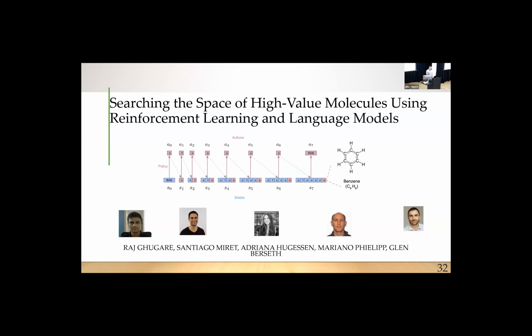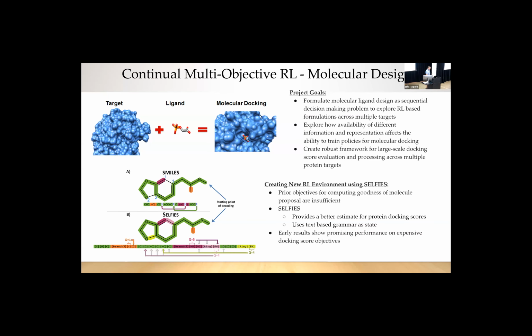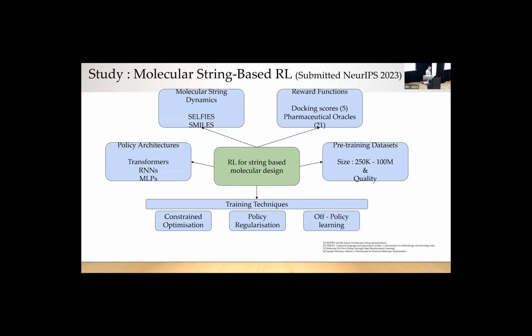And really what we tried to pull on a lot in this project is taking advantage of data sets that use text. And there are some large ones for molecules as well. In particular, we targeted molecular docking and a couple of other tasks for different types of molecule design. There are also two kinds of grammars that you can use to describe a molecule in text, so we do some comparisons between those to see how well these grammars mesh with search and deep reinforcement learning, the tools that are available.